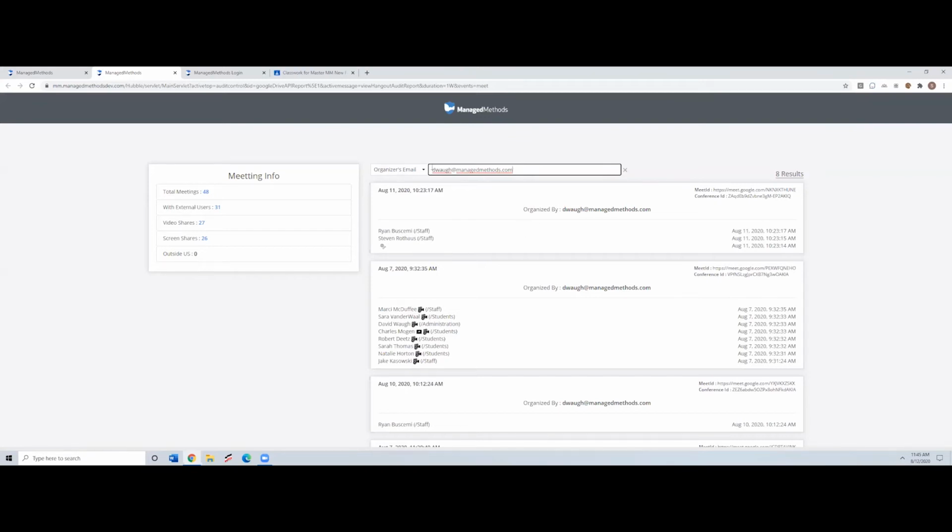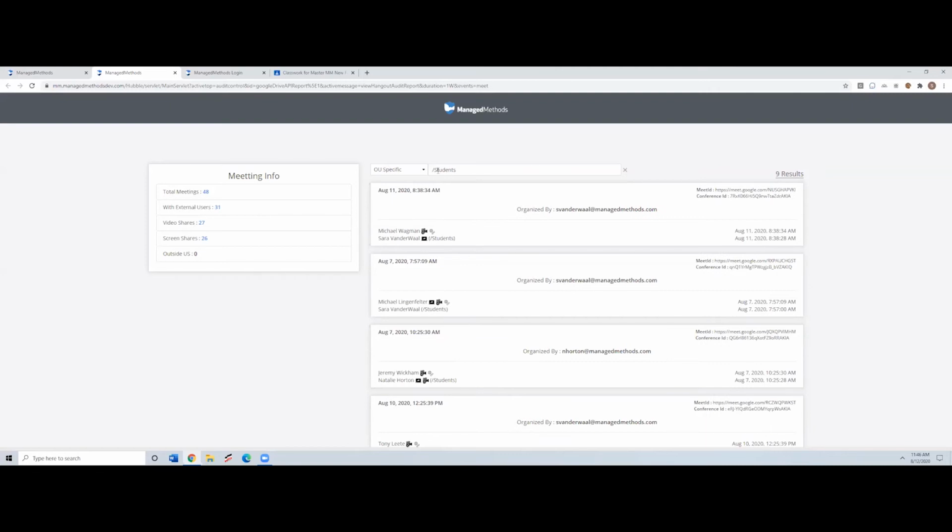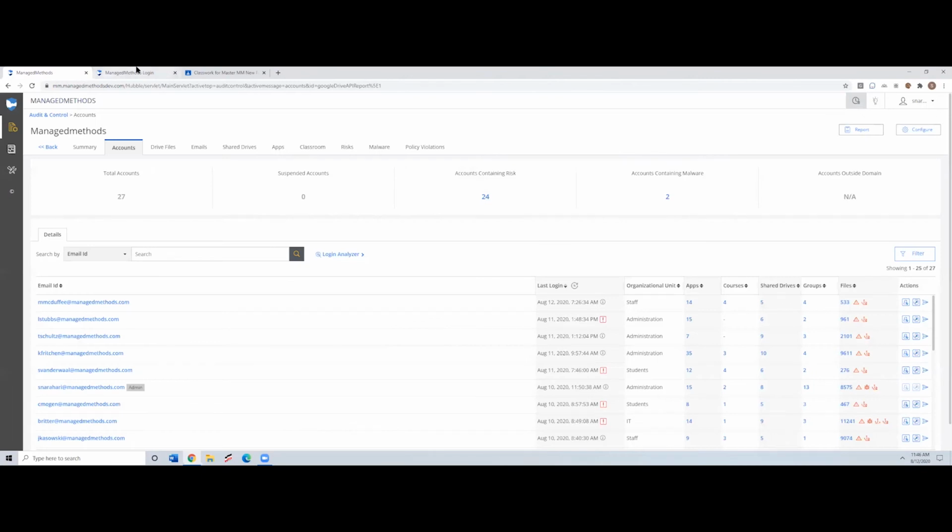The second use case that we have seen is that some students, I talked about this, right? Some students were creating meetings with only students in them. So just so they can harass each other. If that is the case, you can just filter by students only meetings and figure out what all meetings took place without staff in them.